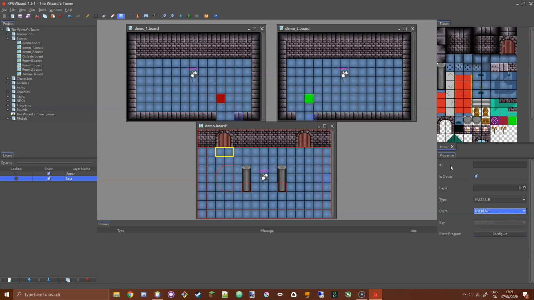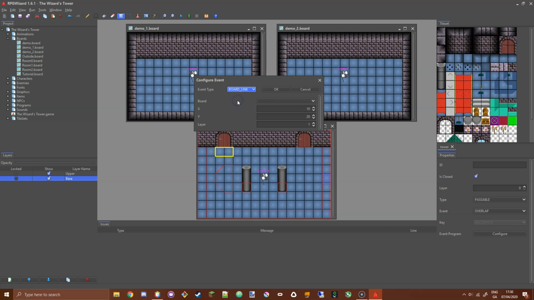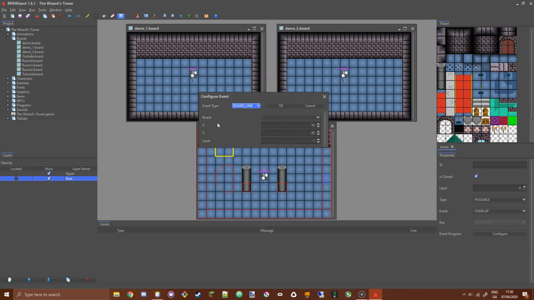To do that, go back to the properties and then go to configure event program, and you'll be presented with this small dialog which will ask you what kind of configuration you want to give this event. By default it will come up with this custom event type, which is any program that you want to trigger. We're going to ignore that type, and what I want you to do is go to event type and select board link, and straight away you'll see a different set of options available,